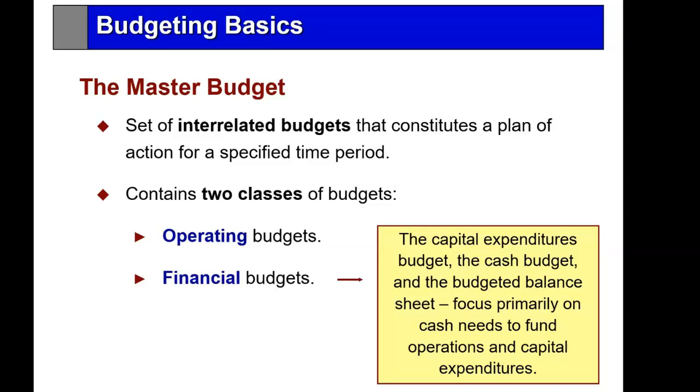So that's something aside. When you hear them talk about the capital budget or the capital expenditure budget, that budget is different than the one we're talking about. That is a 5-year budget, and what they are planning is to set aside money for expansion and things like that. When we talk about a financial budget here, we're going to be talking about the cash budget. So we're concerned with two budgets here, the operating budget and then the cash budget.